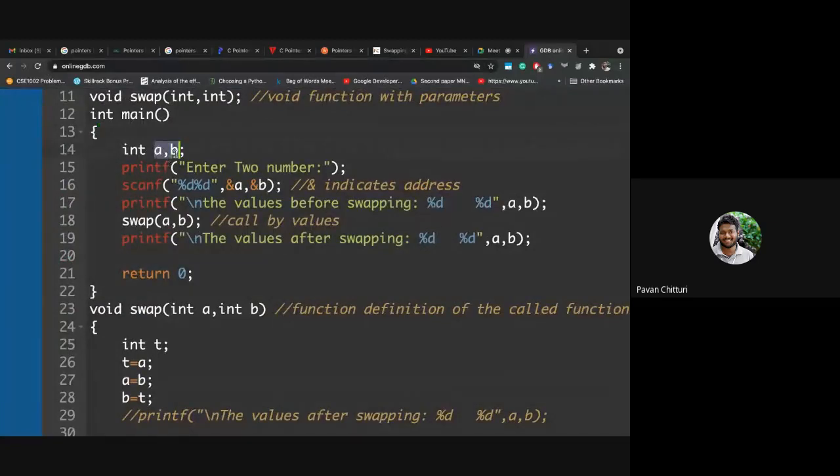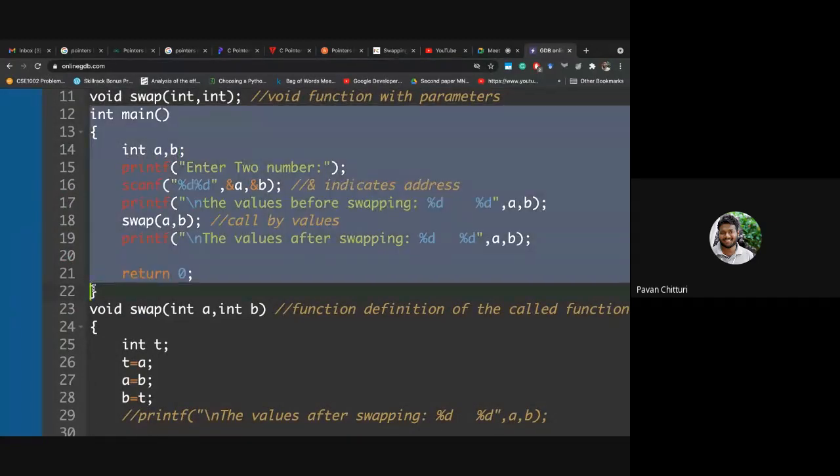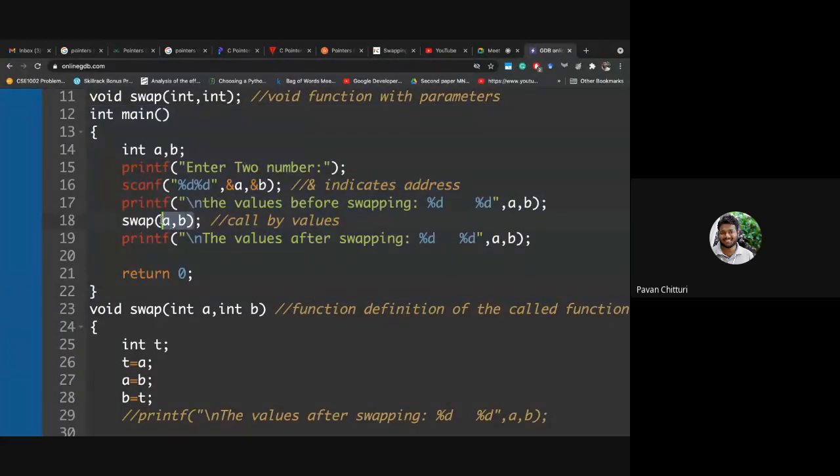These two variables are in the scope of this function alone. So you are sending the values, but you are not sending the address. If you send the address, the value in that particular address will get changed. But if you send a value, only the values in that particular function will be changed.